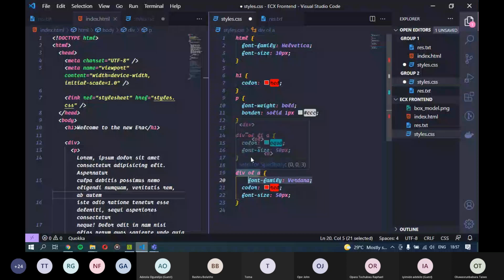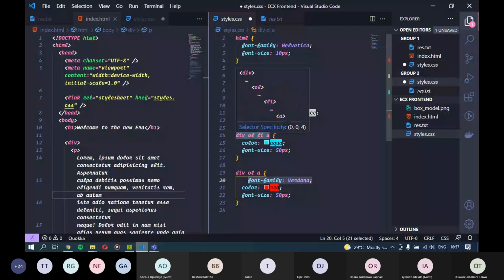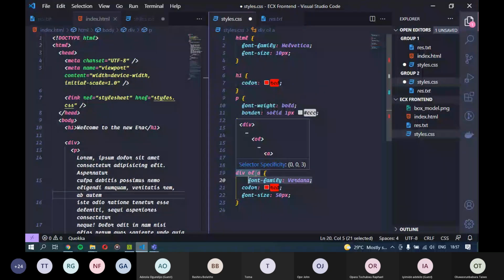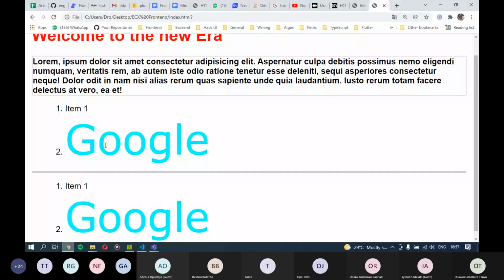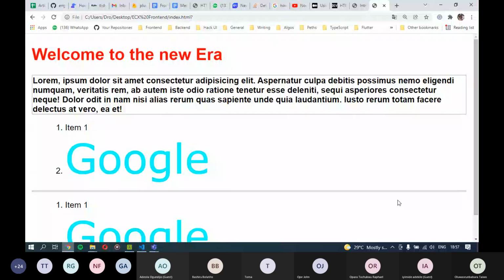That's why if you save this now and we go back here, I can see that our anchor will become aqua back. And you also see that the font family has changed from serif to Verdana, because you see this one does not necessarily look like how the other ones do look like. Yeah, hope I have clarified your question. I hope I didn't confuse you further.